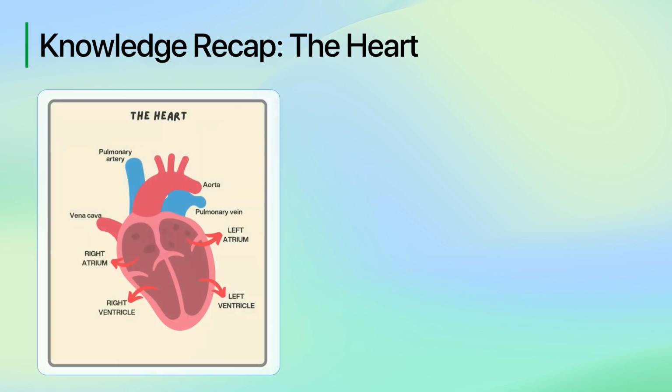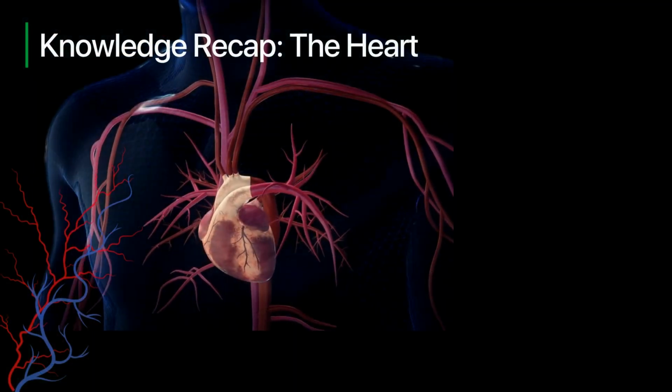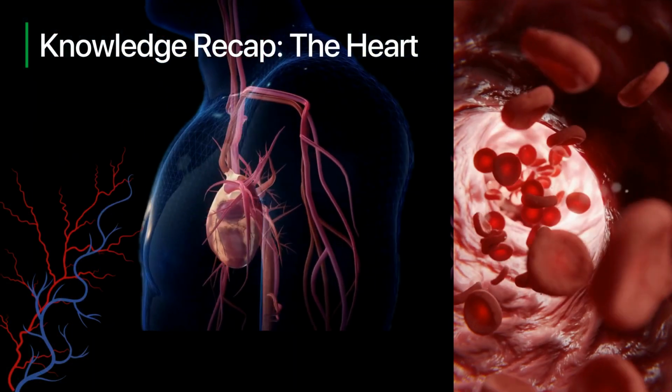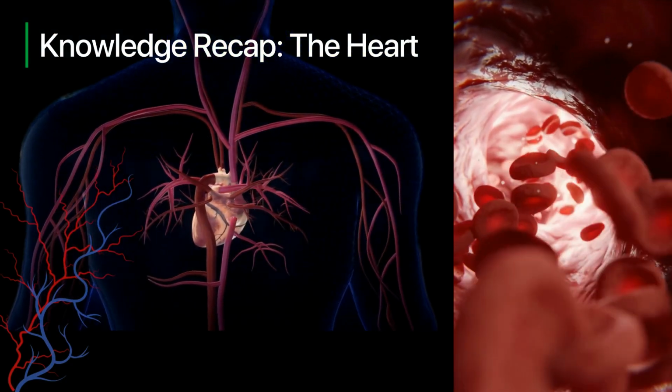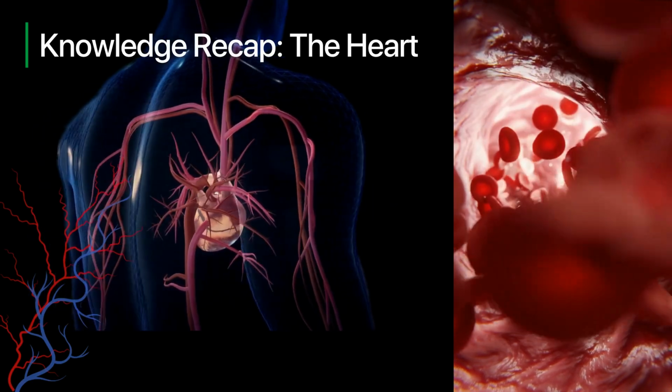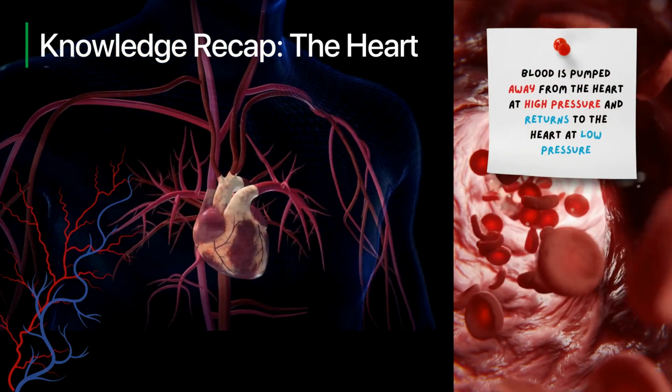So far, we have covered the crucial role of the heart and the double circulatory system in our bodies, diagrams of which are shown here. You've learned how the heart pumps deoxygenated blood from the body to the lungs and then pumps oxygenated blood from the lungs back out to the body. We've also discussed how blood is pumped away from the heart at high pressure and returns to the heart at